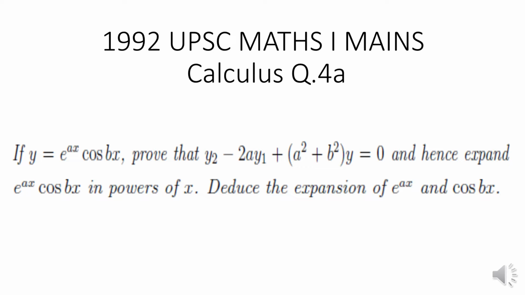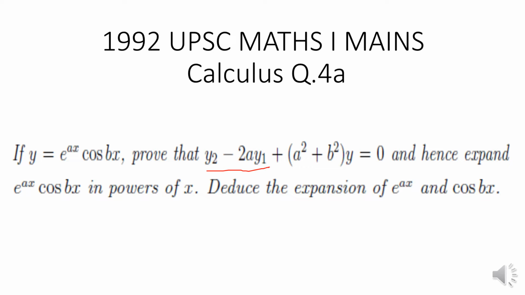In this video I will discuss question 4A of mathematics paper 1 of UPSC 1992, and this question is related to calculus. Here we are given y is equal to e to the power ax cos bx, and we have to prove that y2 minus 2ay1 plus (a square plus b square) into y is equal to 0, and hence